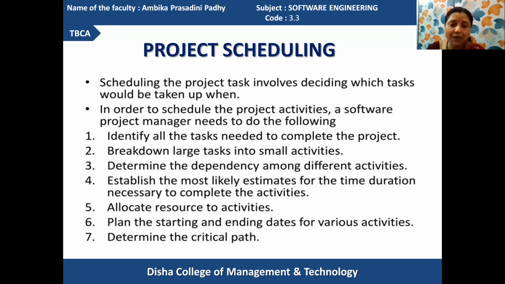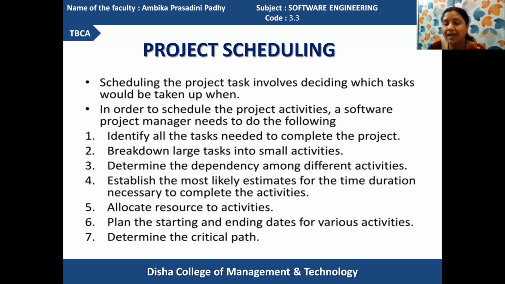What does the critical path mean? We'll discuss it in this same unit. Critical path is the major path that is identified from the starting of the process execution to the ending of the process. But different sub-processes are being executed. Which sub-process is to be executed after another is also identified here in the project scheduling part.